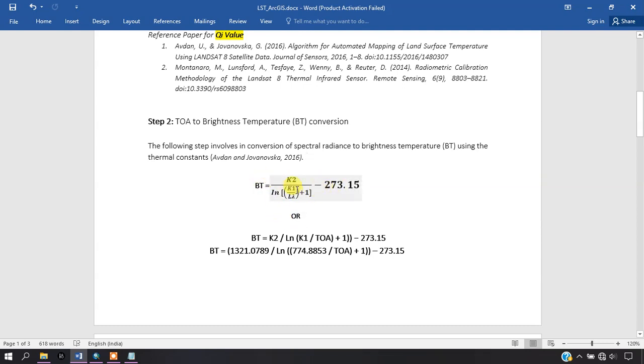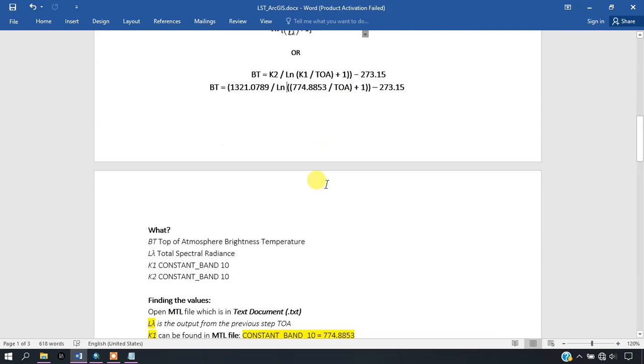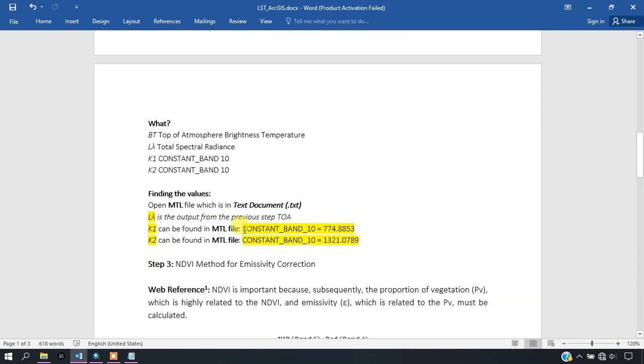So this is the formula for it, you can see here. We need to find two values right now: K1 and K2. That can be found in the metadata. You can see here K1 constant band 10, K2 constant band 10. Now I'm just showing you in the metadata.